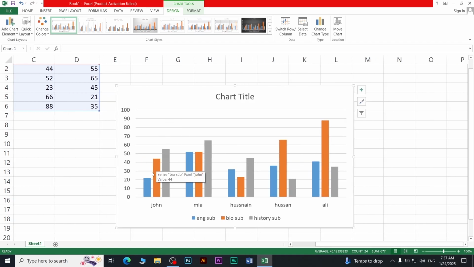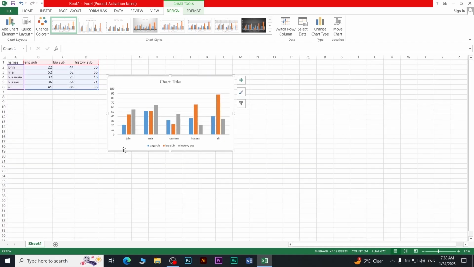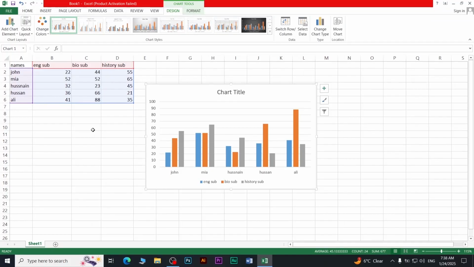you can see that sort of diagram, in which John has separate data, like marks of around 22 or maybe above 20. His history marks are above 50, and similarly you can understand and judge all of these and utilize them according to your use. So that is what I have taught you